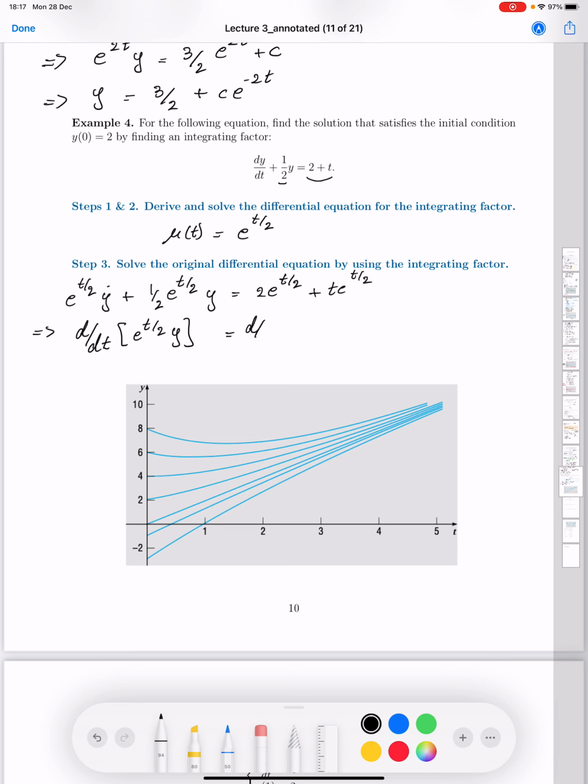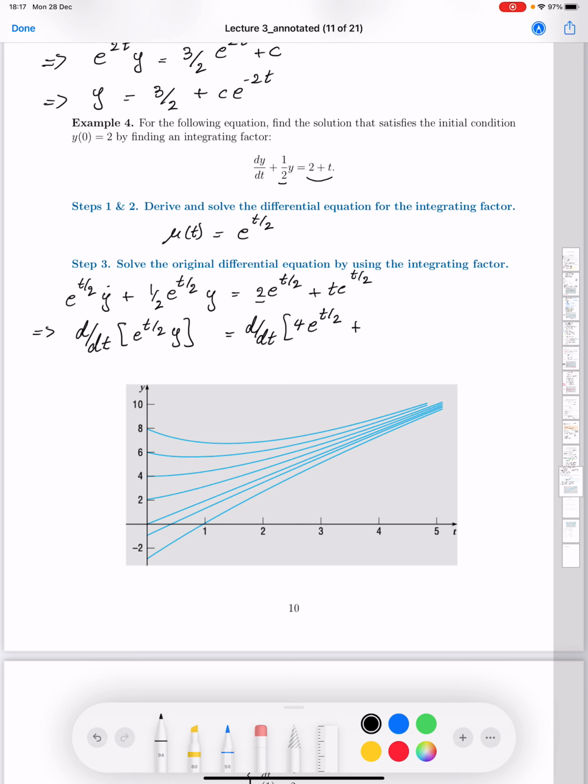So this will be d/dt of... for calculating this, the first term, 2e^(t/2), that's quite straightforward. I just need a compensation factor of 4 so that when I take the derivative, it makes up for this 1 over 2, and then we will get 2. That is straightforward. But for this other term, t e^(t/2),